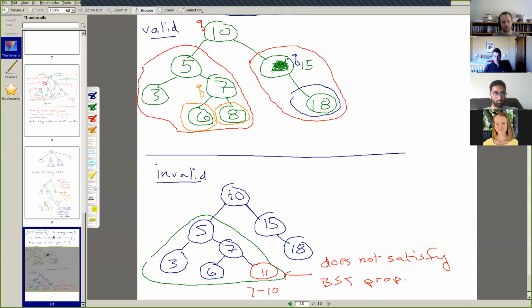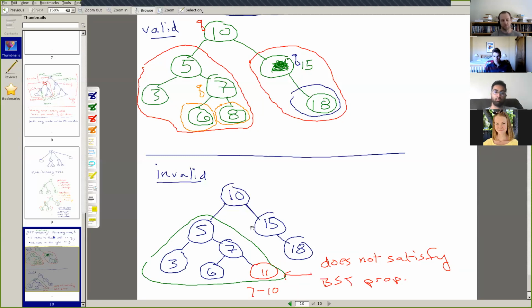So you can have valid subtrees inside of invalid binary search trees, and it's the structure outside of the tree which causes it to be invalid.